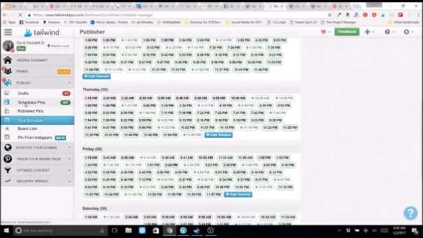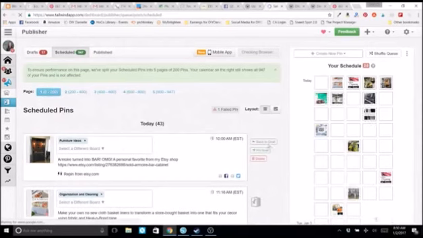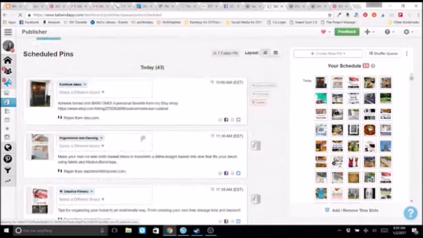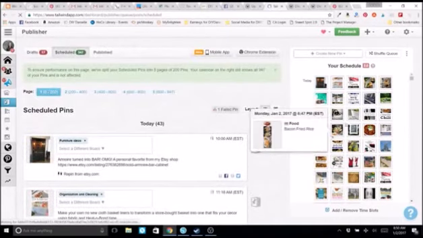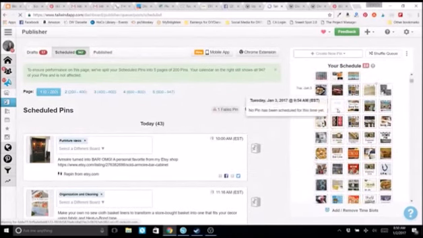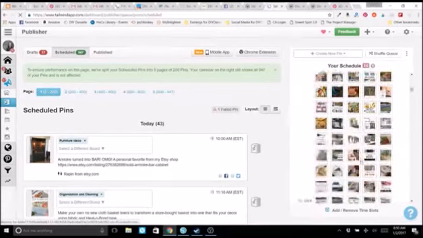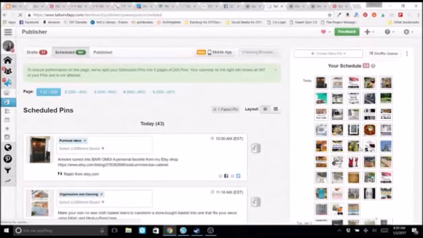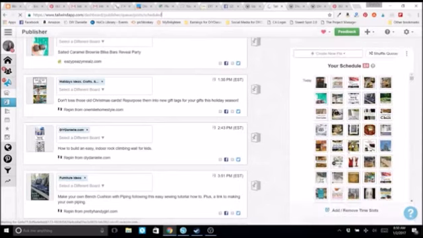These are my scheduled pins. It's going to take a second to load. My computer is really slow today. So this is my schedule right here. And again, you can look at a close-up here, but I don't need that level of detail. It's showing me all of my different pins, and I have some openings here. Oh man, my computer's having issues. Sorry. I can go through my schedule and just look at all of the items that I have on there